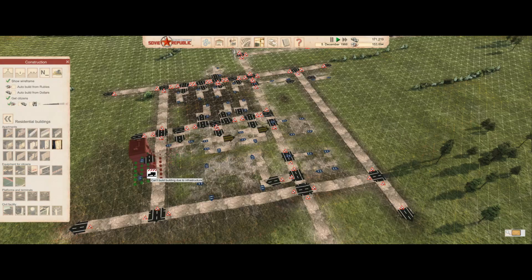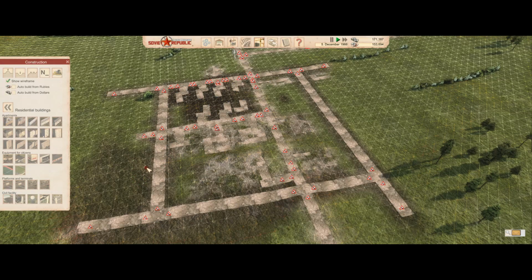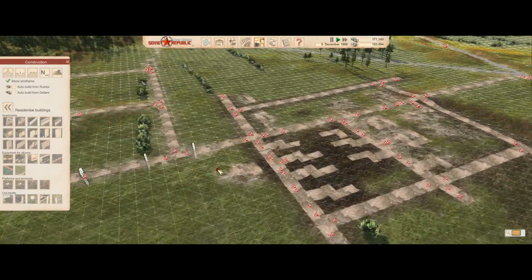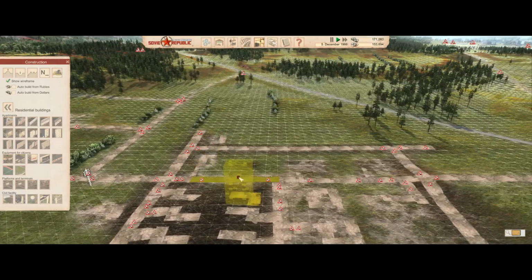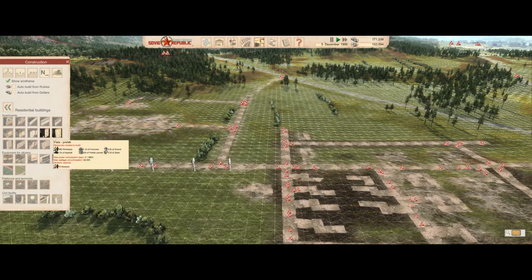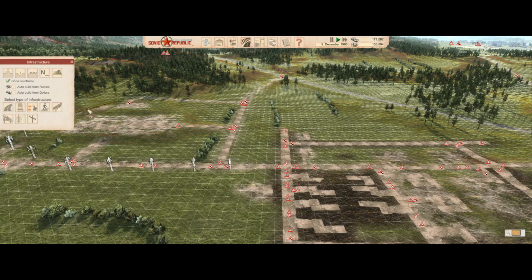It's funny how that works. Whatever. Seven is a fine number in life, I think. All right, so there we go. So we have the potential for quite a few houses. And then the last thing we'll need...